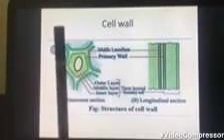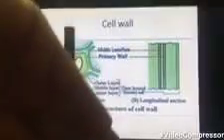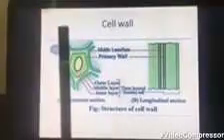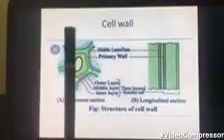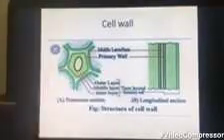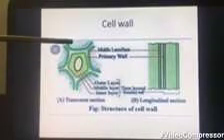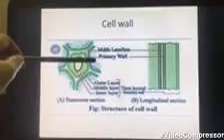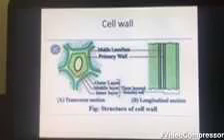Whereas when you slice this from the top here like this in the middle, and then you view what is there throughout the length, that section is called longitudinal section, or you can also call it vertical section. So here you can see the transverse section and longitudinal section of the cell wall, and these are the various structures which are present in the cell wall, that is primary wall, secondary wall and middle lamella. So these three are the essential structures which are present in the cell wall.